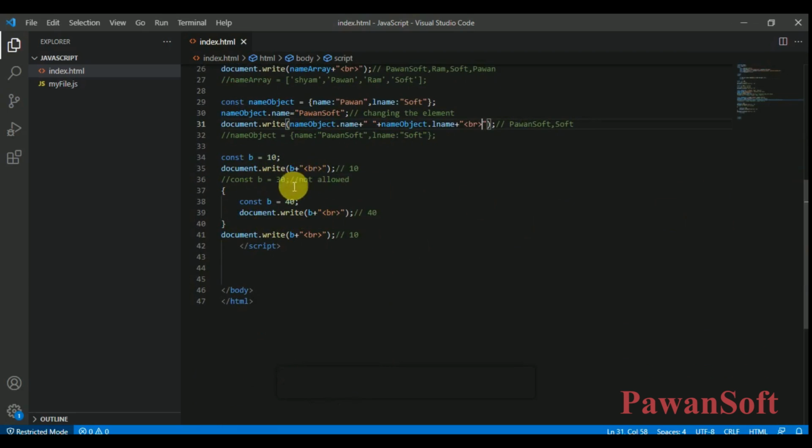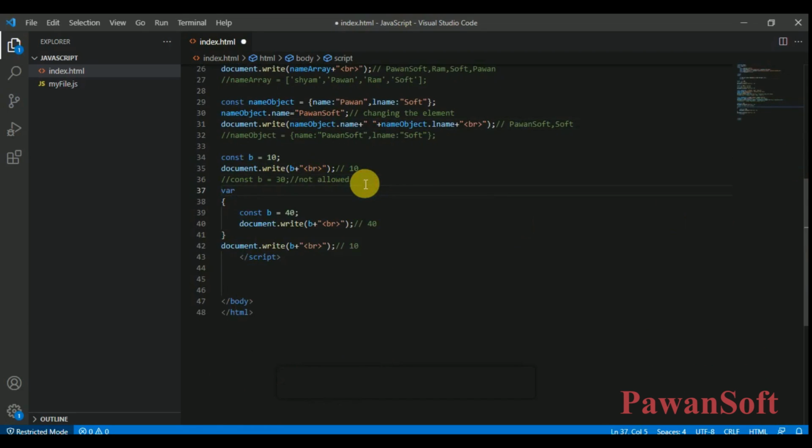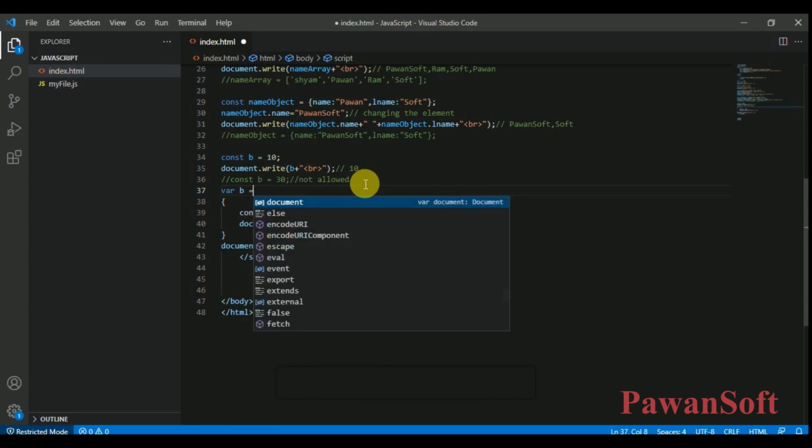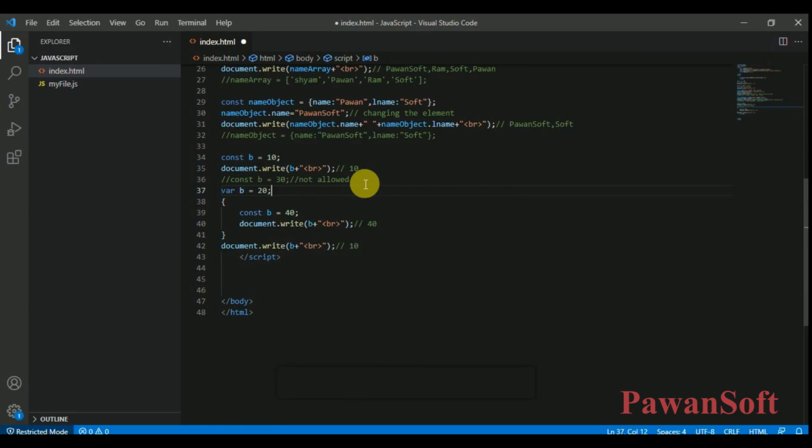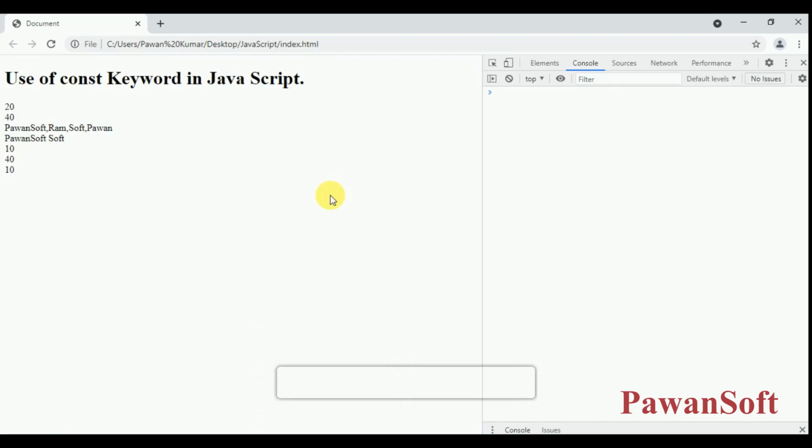If you declare here var b is equal to 20, now you will get the exception in line number 37. So let's see line number 37, right? It has already been declared.